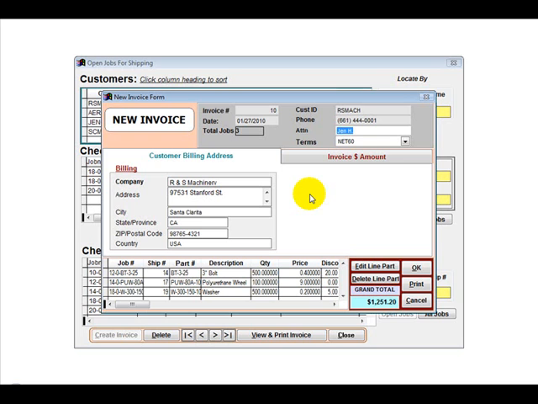Again, see the video about the customer directory in JobMaster for how to enter the billing address for your customers. However, you can change the billing address for the invoice by just clicking in any of the address fields and making your desired changes. If you click on the Invoice Dollar Amount field, this shows you the total amounts for